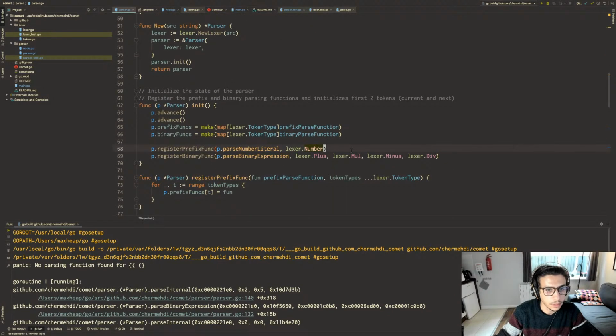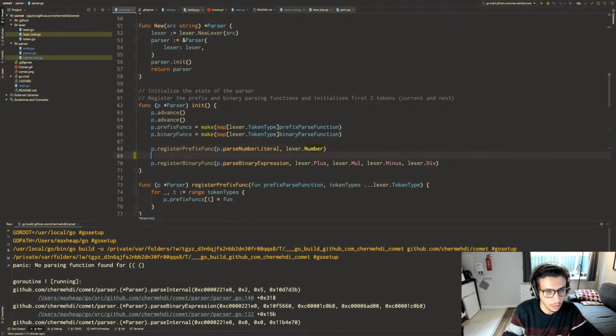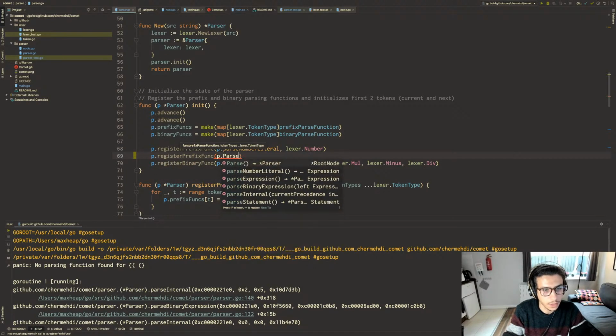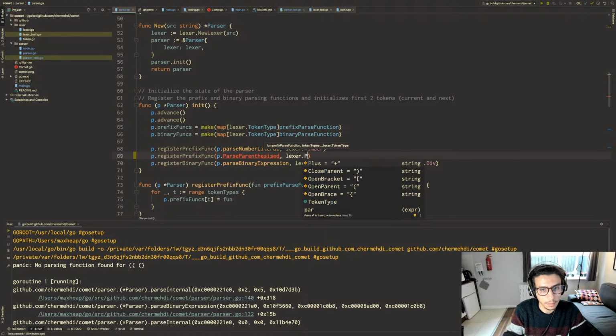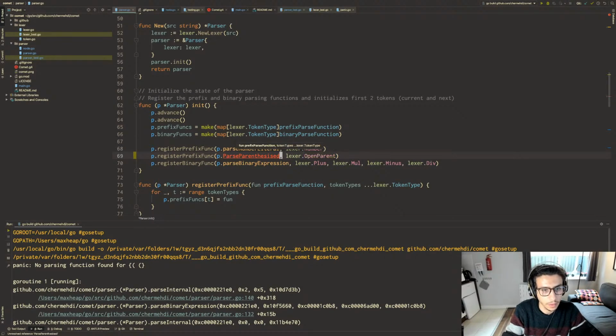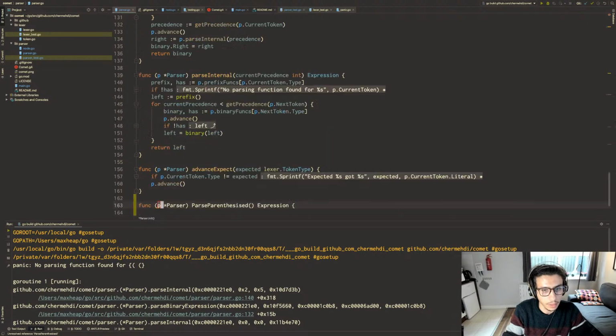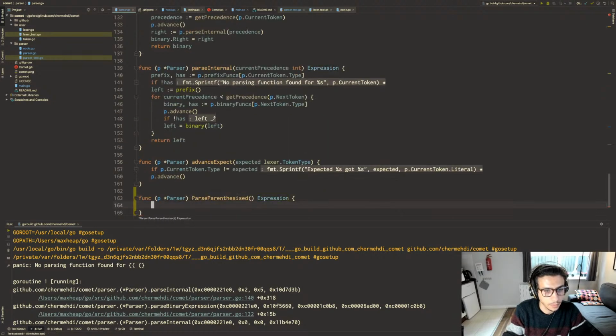So we want p.register prefix function as p.parse parenthesized whenever we find lexer dot open parenthesis, and we want to create this method, and the method should